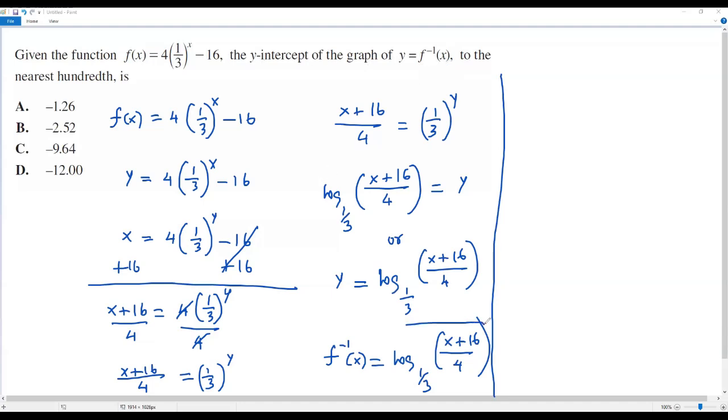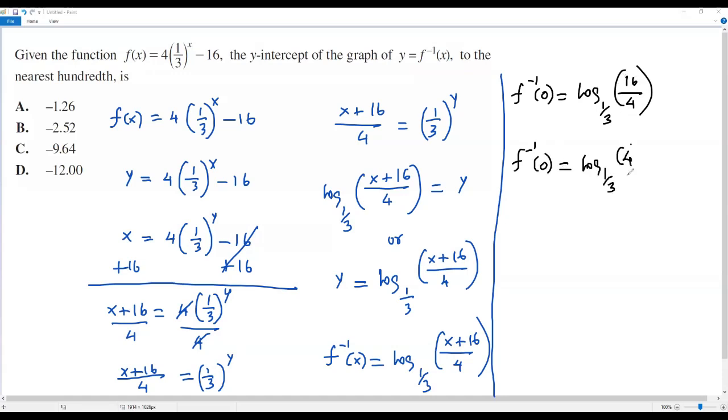To get the y-intercept of this inverse function, I have to plug in x equals 0. So now let me do it. That is, I'm going to plug in x is equal to 0 into the inverse function to get the y-intercept. So when I plug in x is equal to 0 on the right side, we have log to the base 1/3. So 0, when I plug in x is equal to 0, it will just become 0, positive 16 will be 16 over 4. Okay, so f inverse of 0 equals, when I simplify this one,